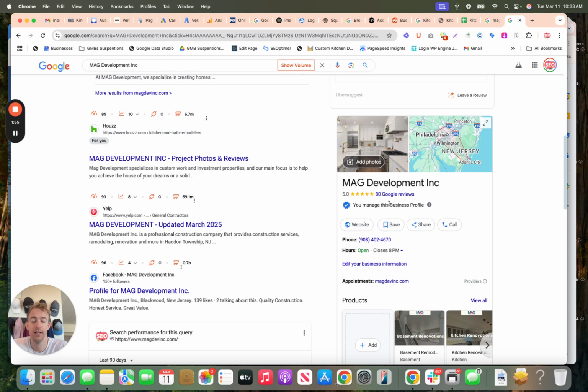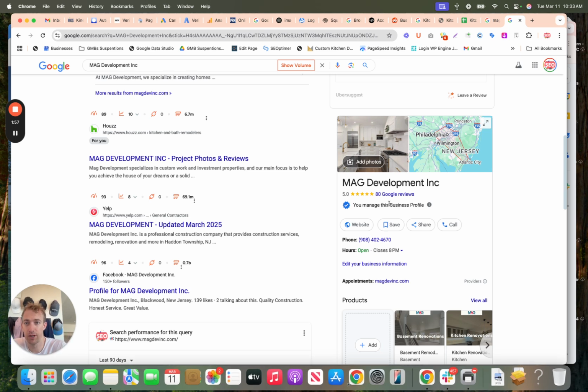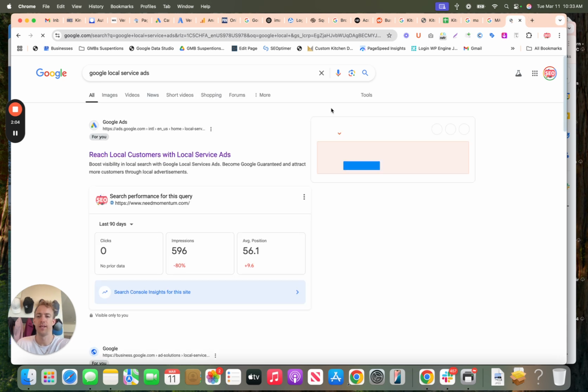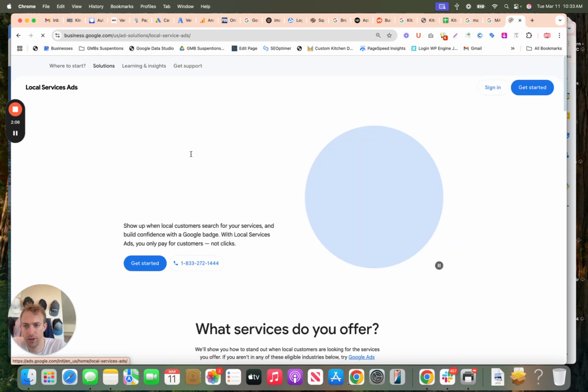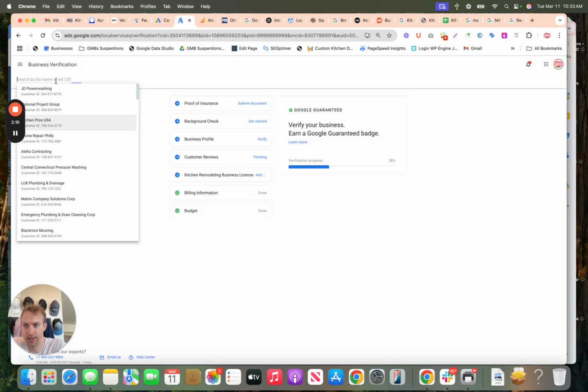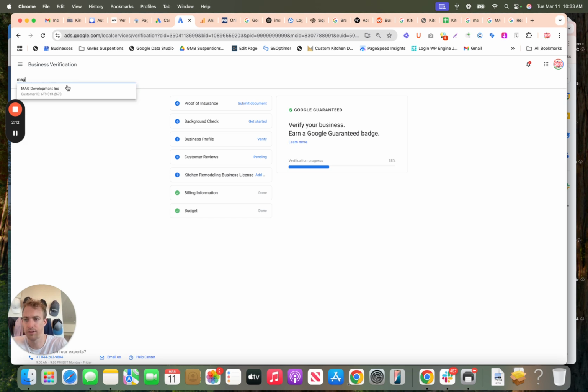That's the first thing. The second thing is running Google local service ads. If you're not sure what that is, just type in Google local service ads. It's free and easy to sign up and use. You just click here, sign in or get started. You create an account and a dashboard. So if I look at this client, for example,